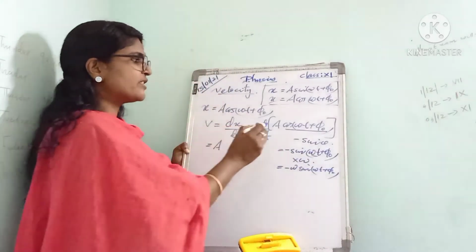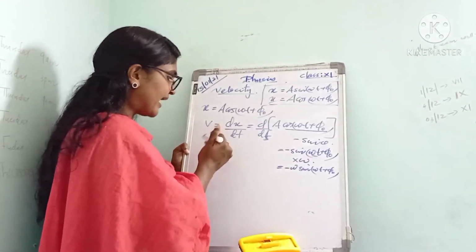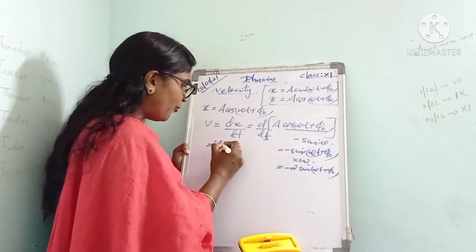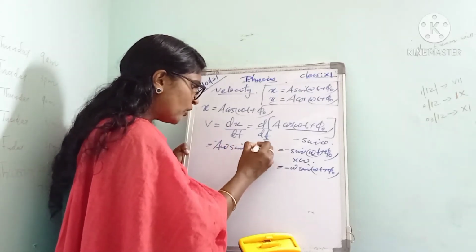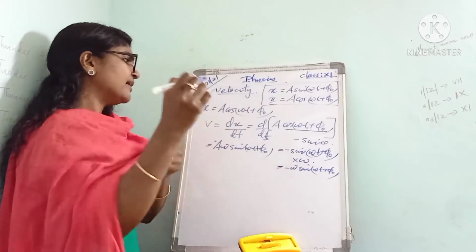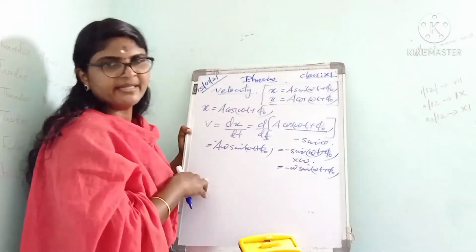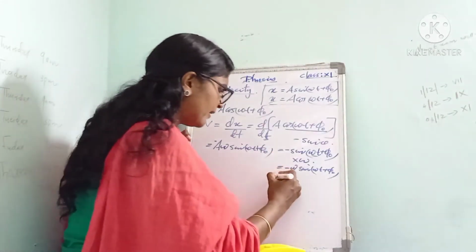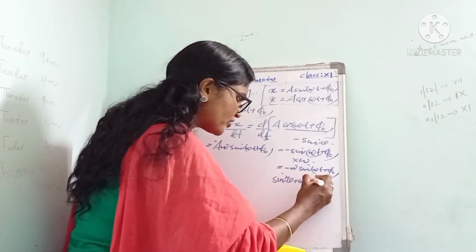That is the differential of a cos(ωt + φ0). That thing we have to write here. I'll put the negative first, then a already here, then ω sin(ωt + φ0). Okay, so it is minus aω sin(ωt + φ0), isn't it? Then already you know from trigonometry you have studied sin²θ + cos²θ is equal